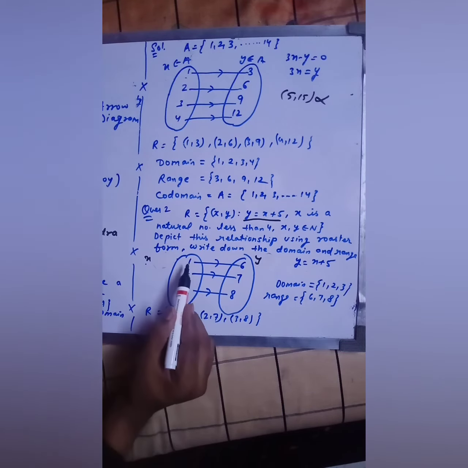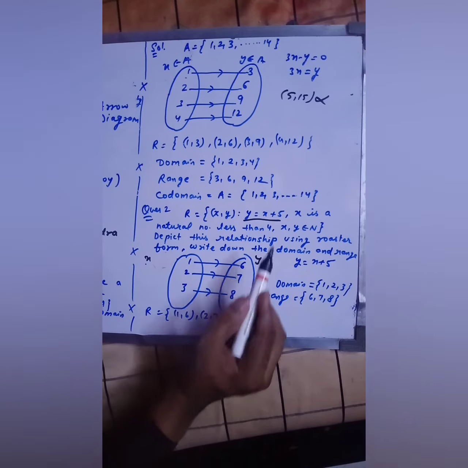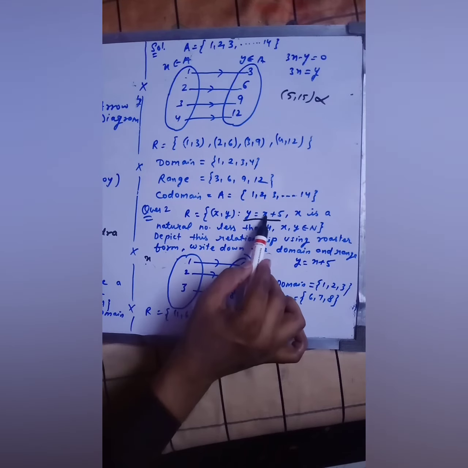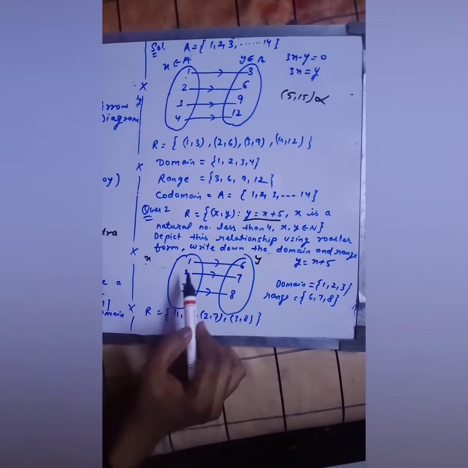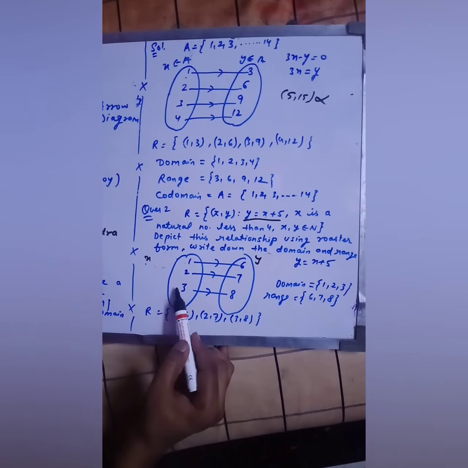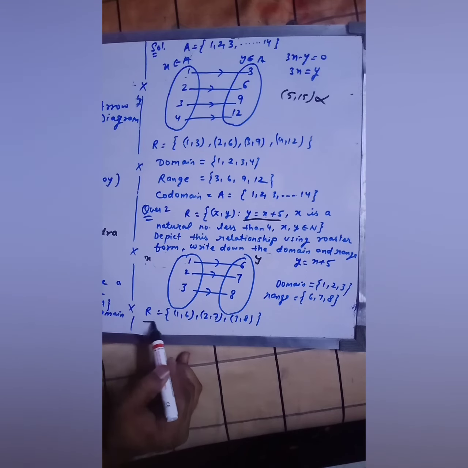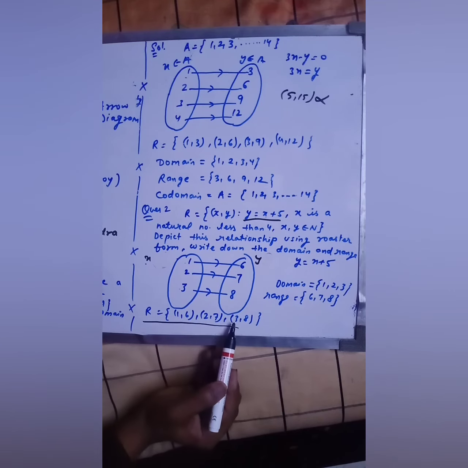So here you will put the value of x and according to that you will get the value of y, because this relation is given to you. When you put 1 in place of x, you will get y as 6. So y is coming 6. When you put x equals to 2, your y will be 7. When you put x equals to 3, your y will be 8. So this is your relation: (1, 6), (2, 7), (3, 8).